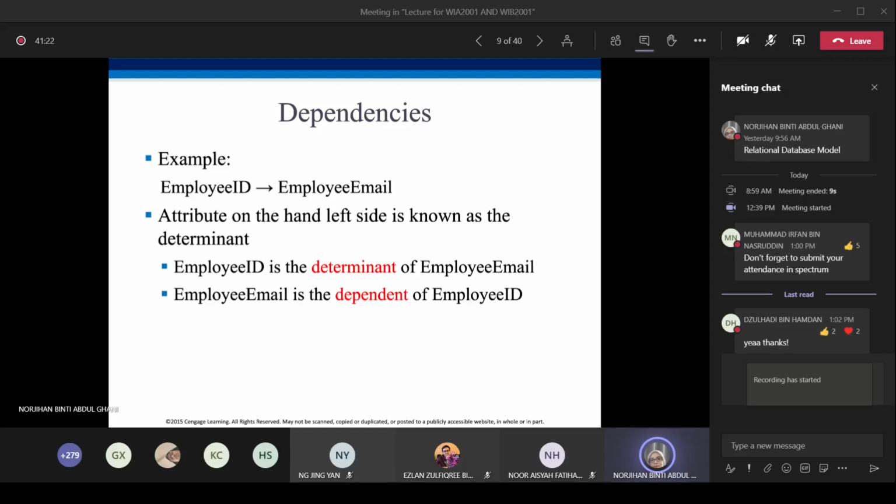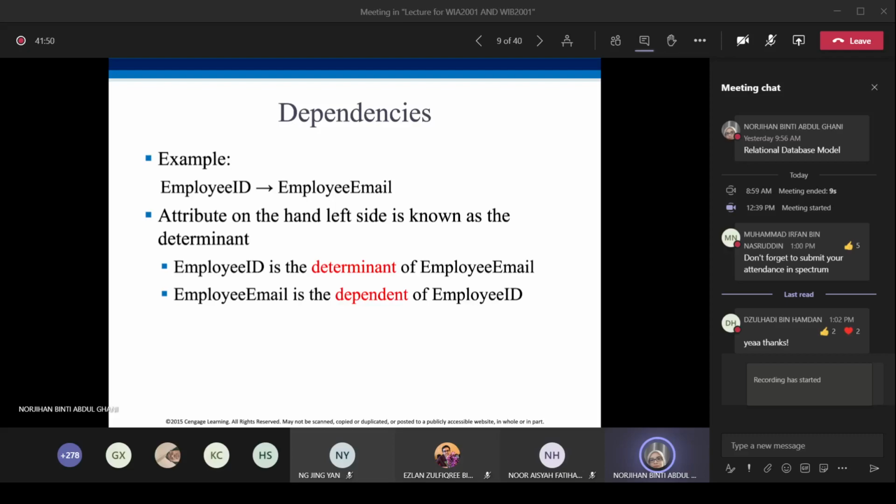The attribute on the left side, which is employee ID, is known as the determinant. Employee ID is the determinant and employee email is the dependent.